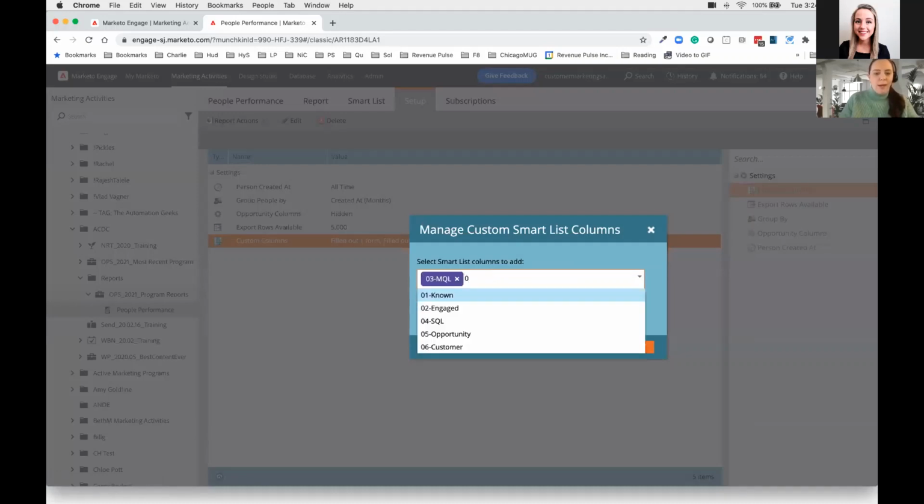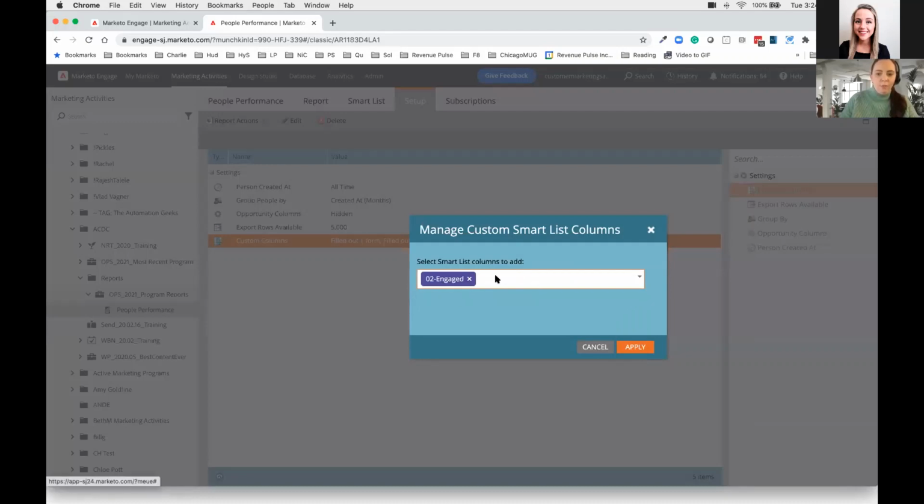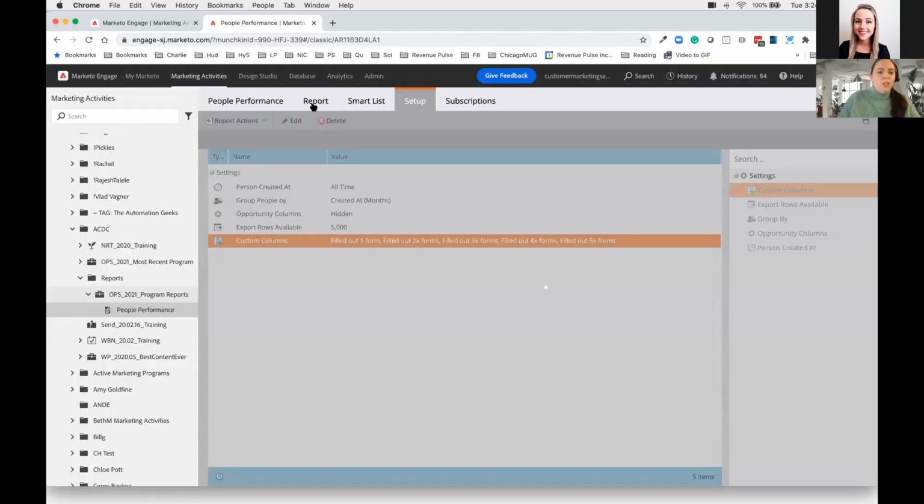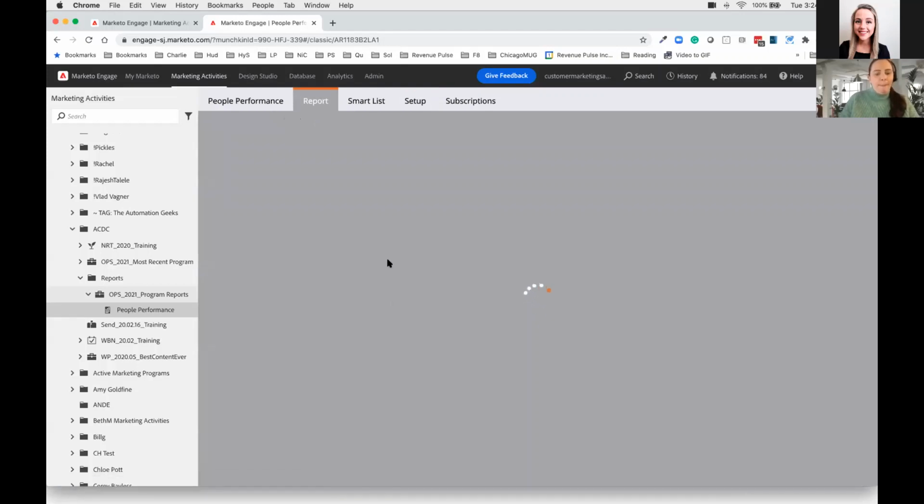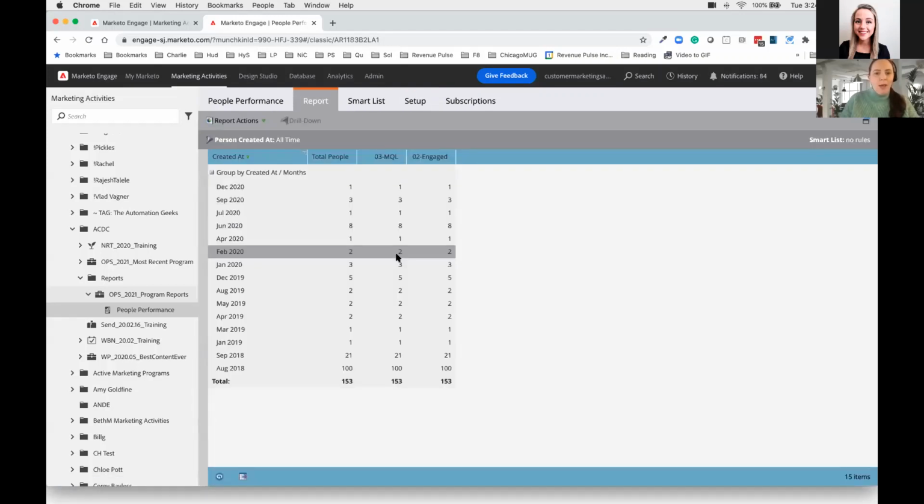Okay, so we've added in life cycle stages in here. I'm going to delete this one and put the MQL next. So it is search based on the first. I'm only going to put these 2 in just so you can get the general gist of this. But this means that we can look at people created by a specific program, tactic, effort, and then actually see where they currently are in their life cycle based on these criteria. So kind of a cool thing.